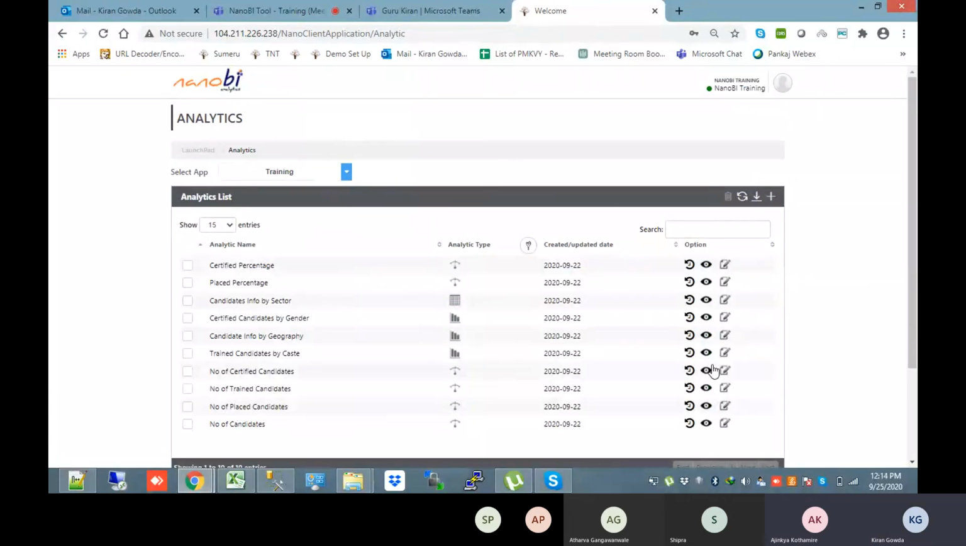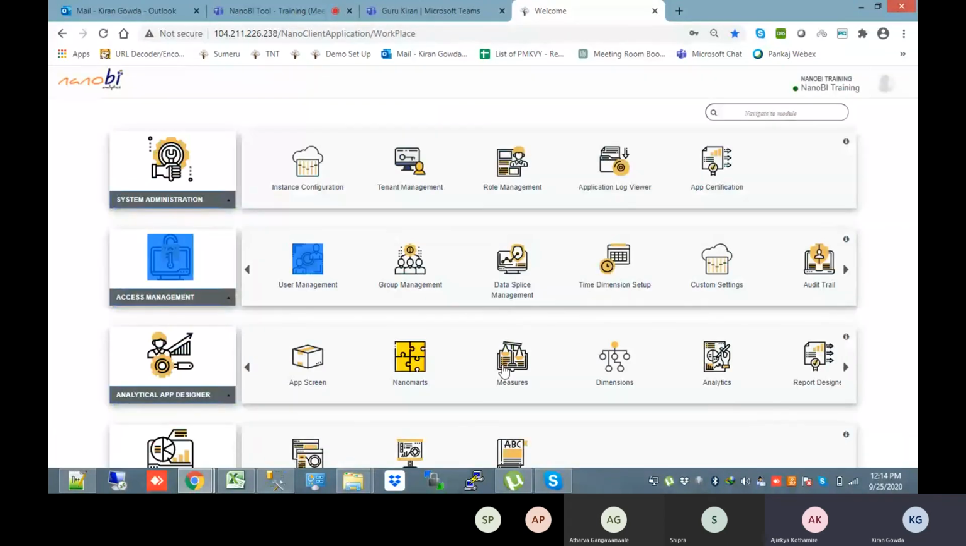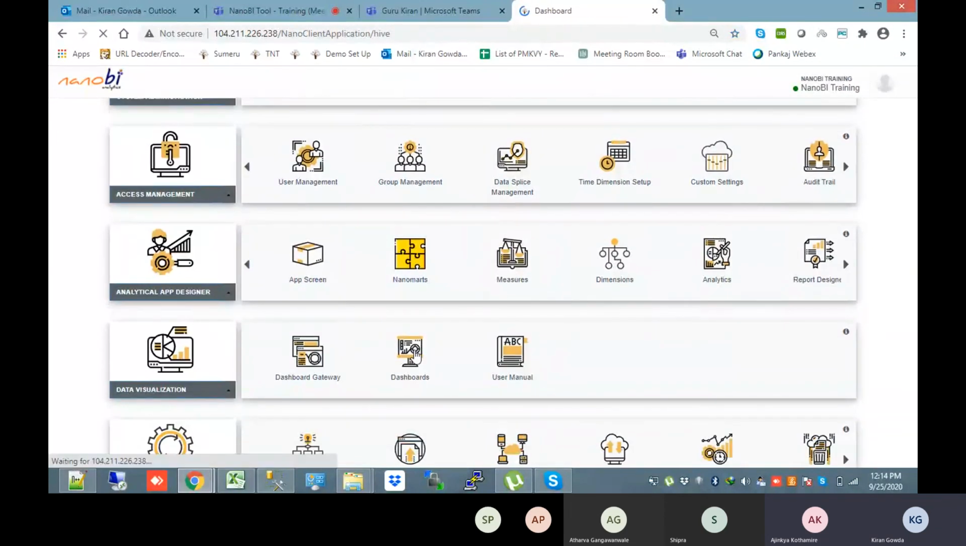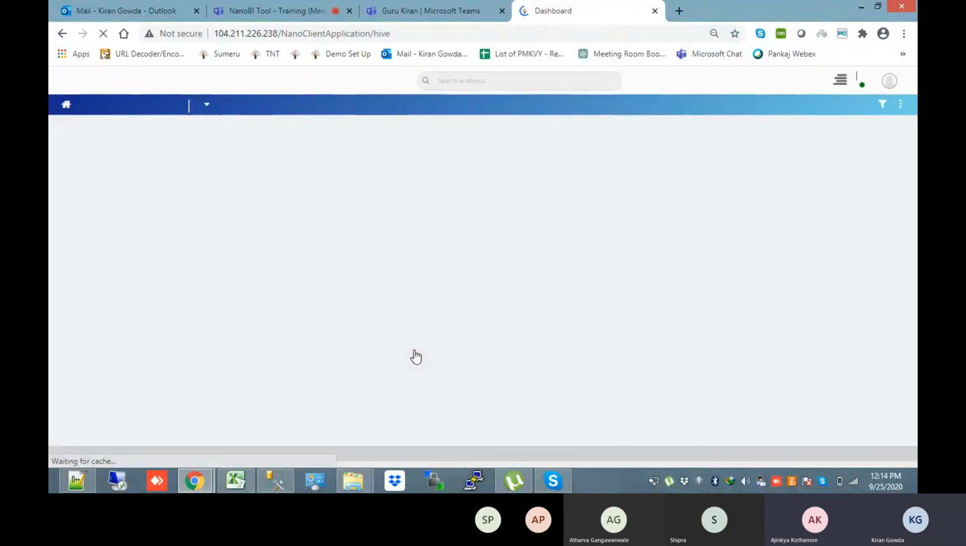Is it fine for today, or shall we continue in the next section? How much time will it take for creation of a report? Since it's just a selection of measures and dimensions, but here I have to show you so many important features, options, and all. I'll just show you one of the dashboards, where I have to explain so many options which are available. So if you see this dashboard,